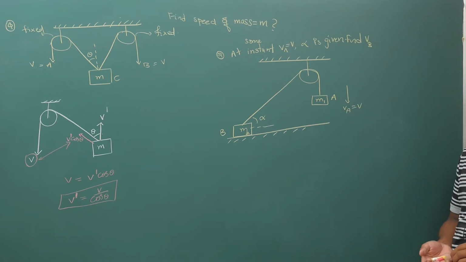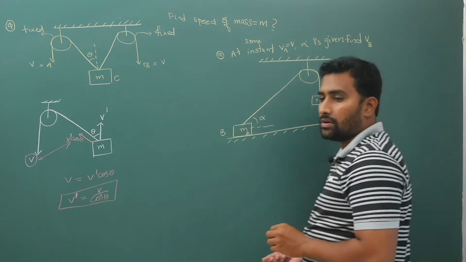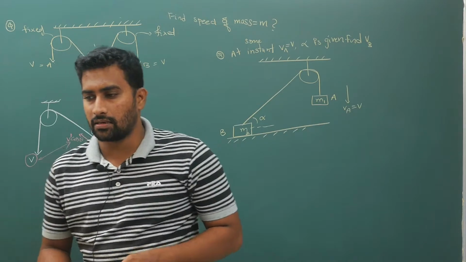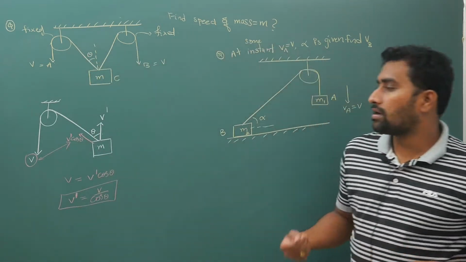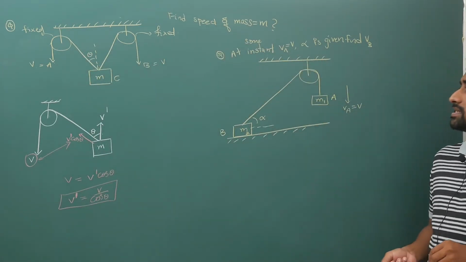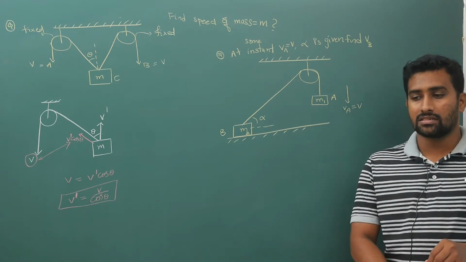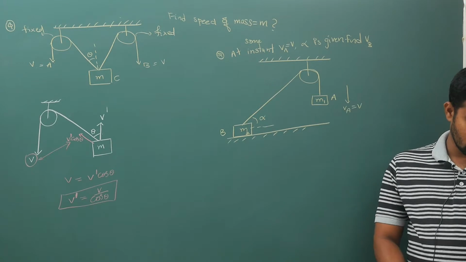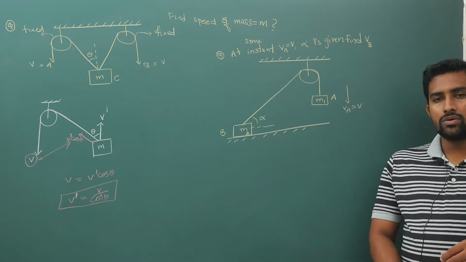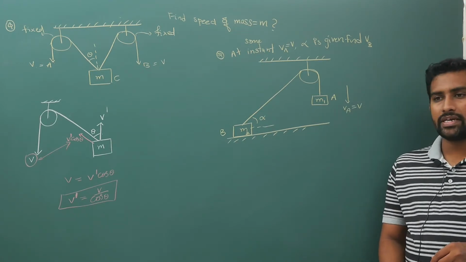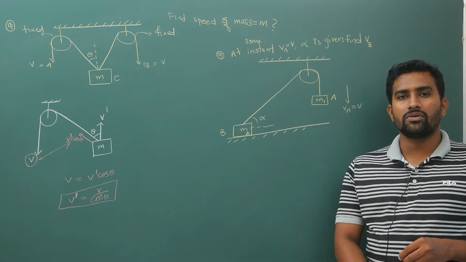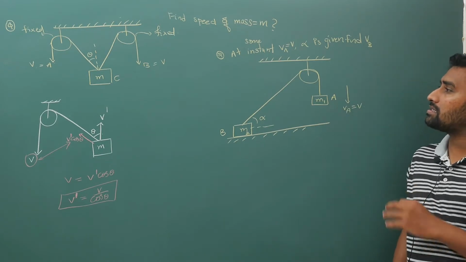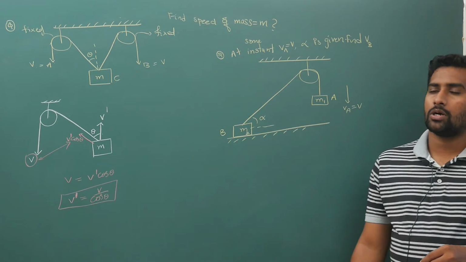Pulley is fixed, inextensible string. If nothing is mentioned you have to consider inextensible string only. I will talk about it next, don't worry, but if nothing is mentioned you have to consider a massless inextensible string. Now what is the answer? If you try to do the same answer using maths, you need to give variables, you need to differentiate them, it will become lengthy, but this method is simple. Come on, give it a try.